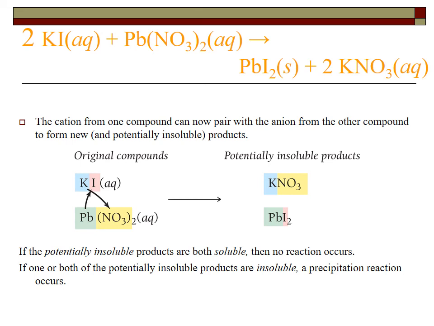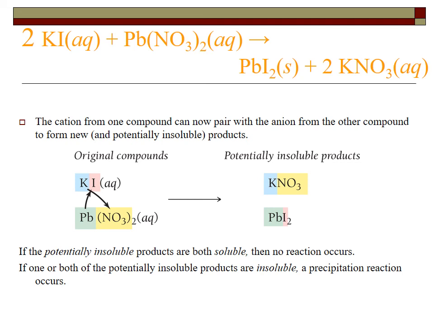Why is this? We talked about this. Like charges repel one another. So the potassium wouldn't go with the lead. It's going to look at the other anion. Likewise, the lead is going to look at the other anion, iodine. If the potentially insoluble products are both soluble, then no reaction occurs. If one or both of the potentially insoluble products are insoluble, that's the key, a precipitation reaction occurs. Okay, so what we do, left-hand side, I'm mixing these two beakers together, potassium iodine and